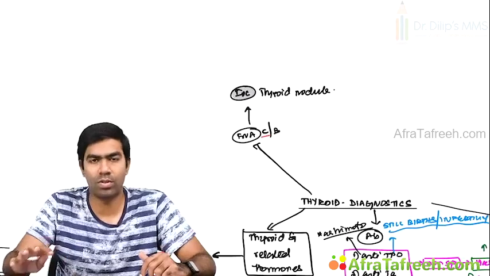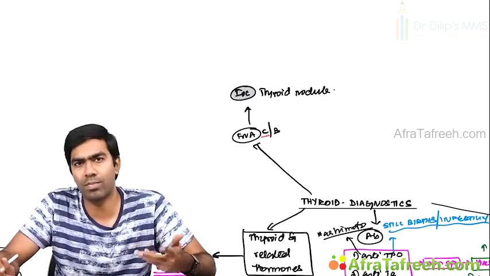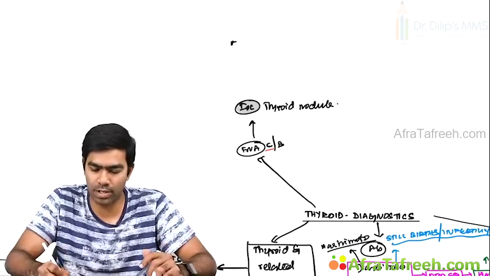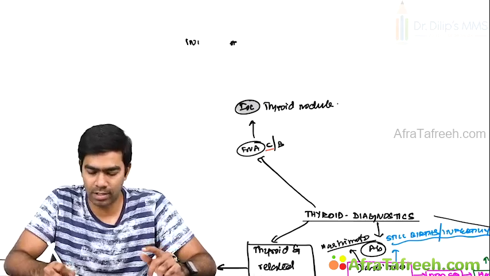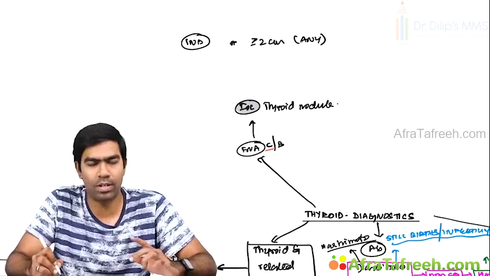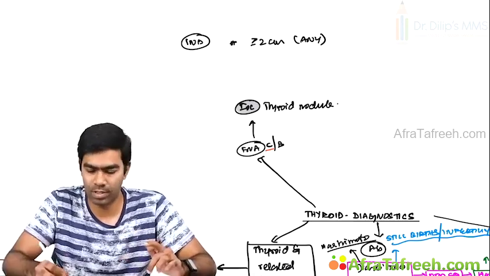So when can you do an FNA, or when can you biopsy, or aspirate a thyroid nodule? Especially if it's solitary, there are 3 indications. First indication: any nodule more than or equal to 2 centimeter definitely has to be biopsied. Second,